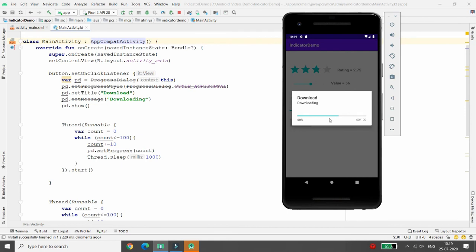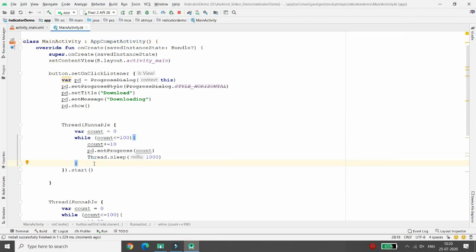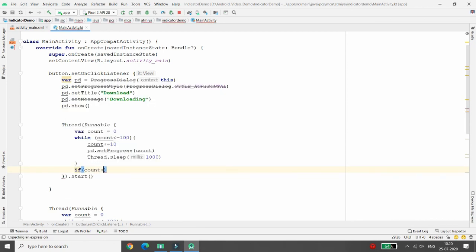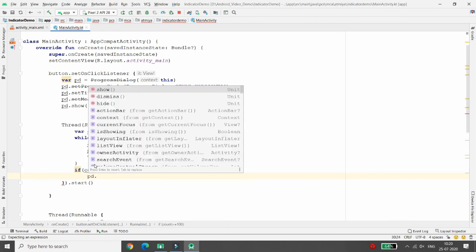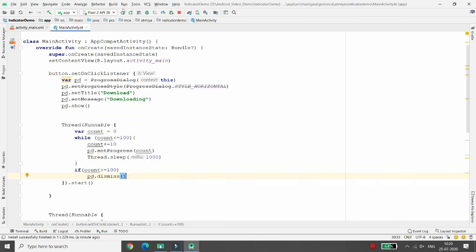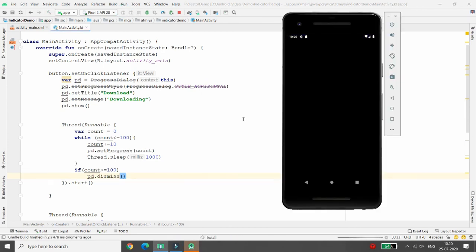But what happened whenever it reached 100? See, after it reached 100, automatically this progress dialog should be dismissed, but it is not, right? So here you can write the condition that if counter is greater than or equal to 100, then you can call pd dot dismiss. It means my progress dialog should be dismissed after it reaches 100%.